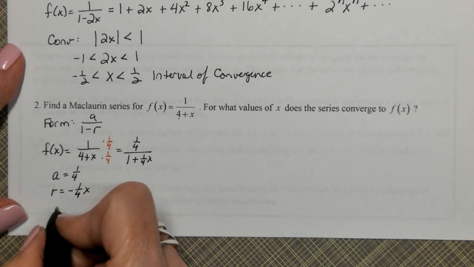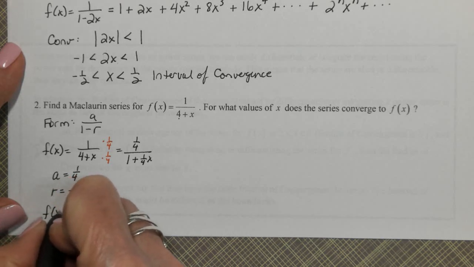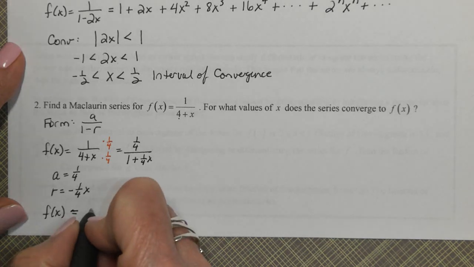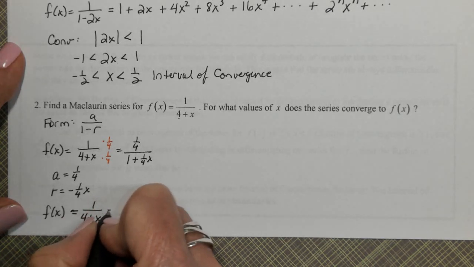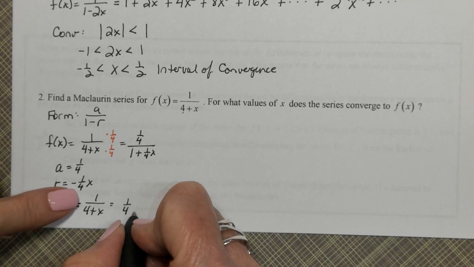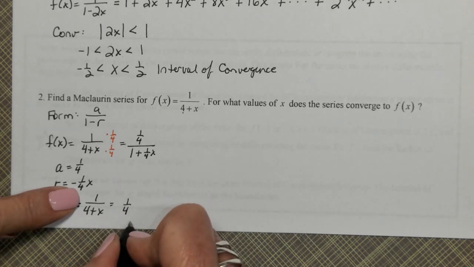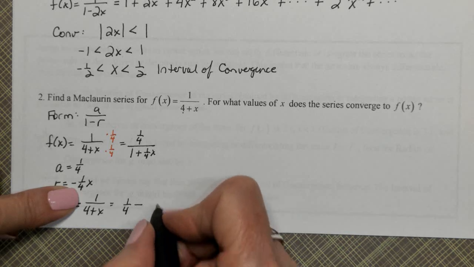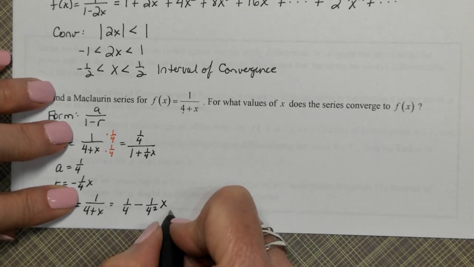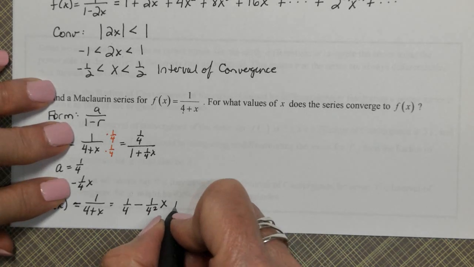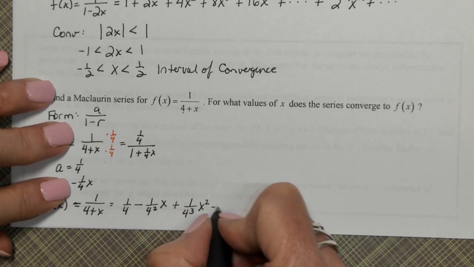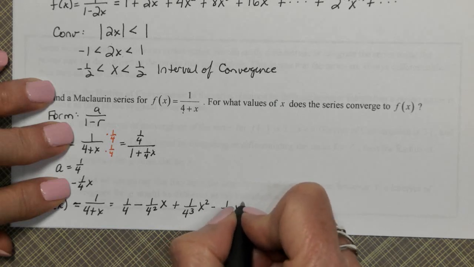So the series will be, let me rewrite that. Okay, start with your first term, 1/4. And then to get to your next term, we're multiplying by negative 1/4 x. So it's going to make me alternate in sign. Negative 1 over 4 squared x. Now multiply by another negative 1/4 x: plus 1 over 4 cubed x squared, minus 1 over 4 to the 4th x cubed,